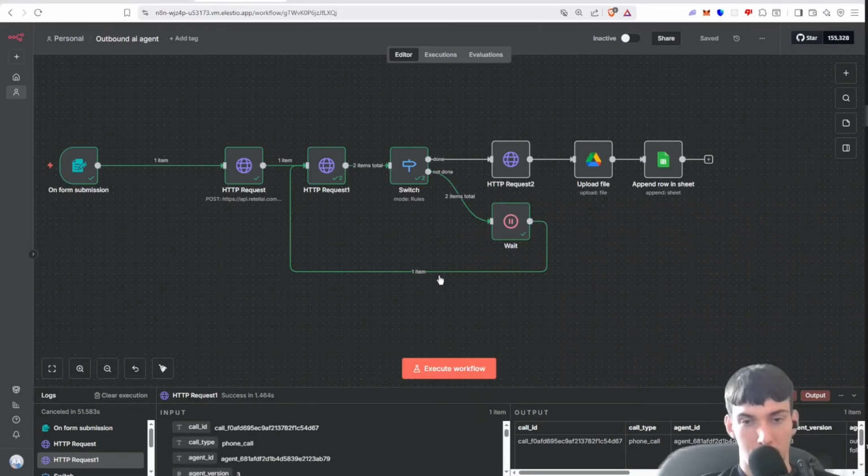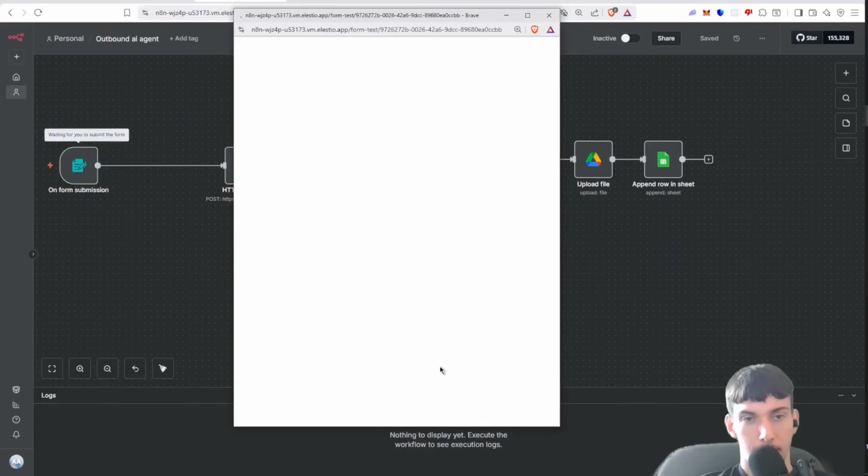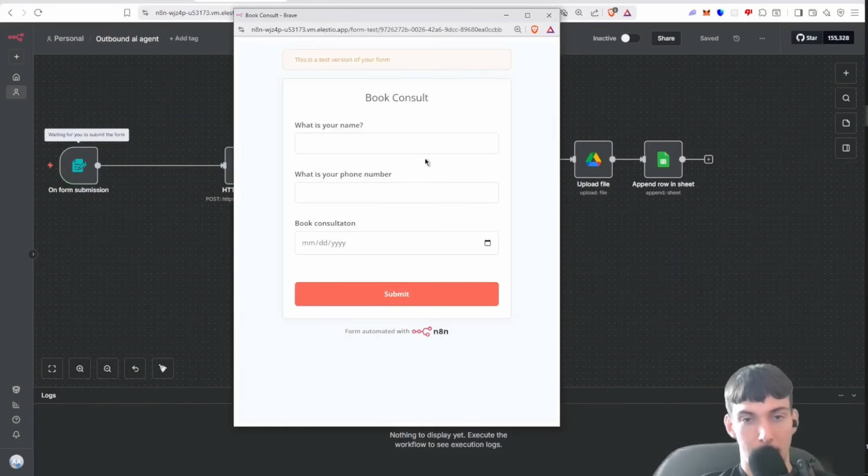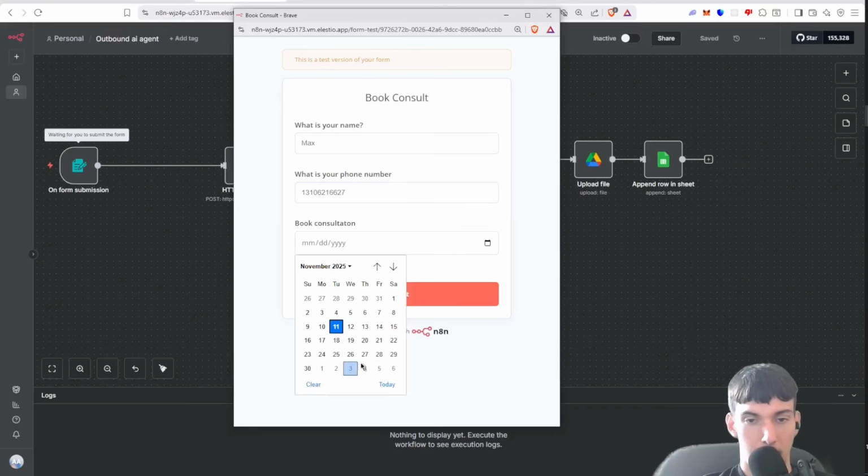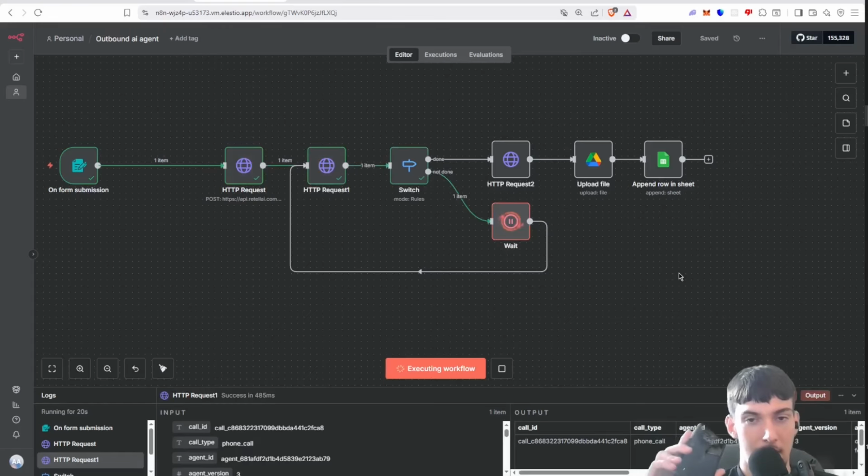All right, so first I'm going to show you guys this workflow in action, and then I'm going to teach you guys how to build it and how it works. So let's add my name. I'm just going to put a different name, and then I'm going to do my phone number. And then here I'll put a date. We're going to submit that. Now the AI should call me,